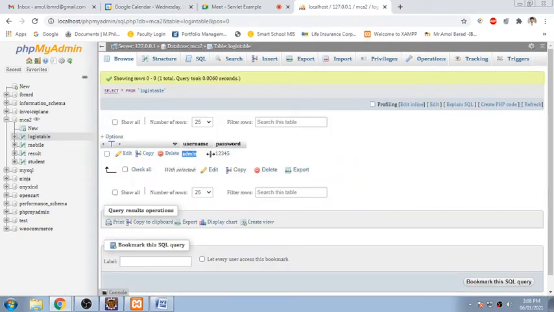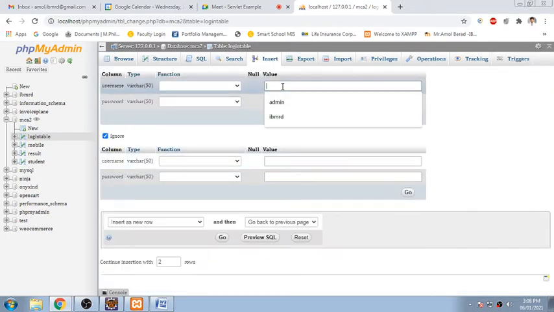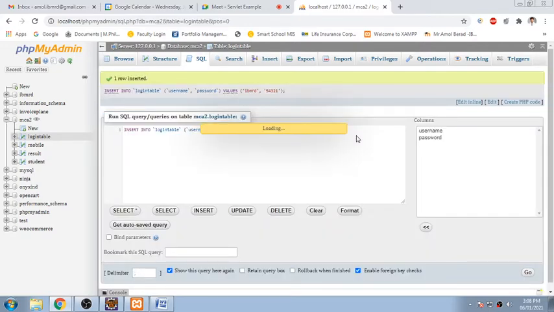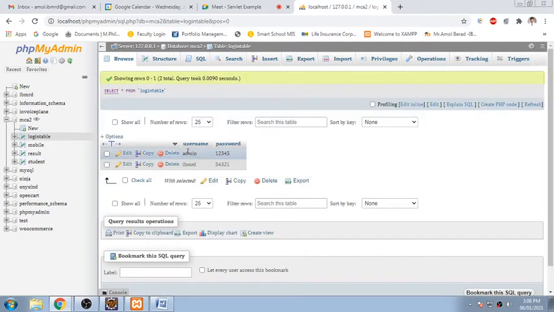We'll add one more record into this: IBM RD, and the password will be 54321. So two records have been added, and we'll browse this one. Two records, admin and IBM RD, with passwords 12345 and 54321. So this is all we have in the login table, which is present in MCA2.